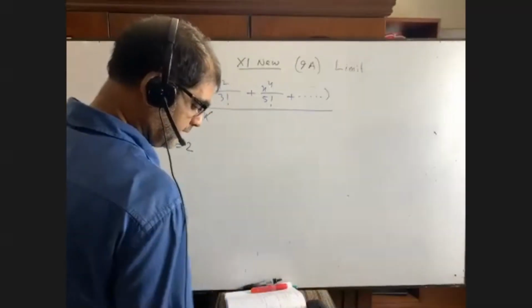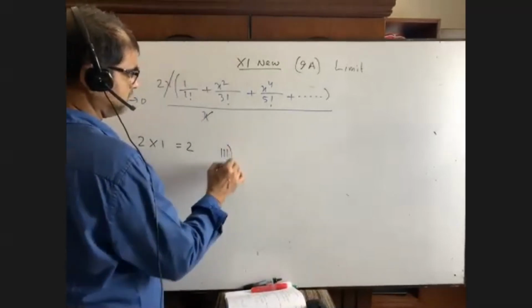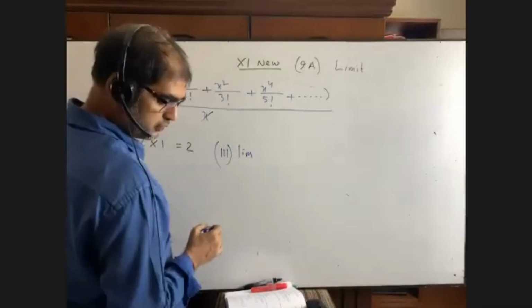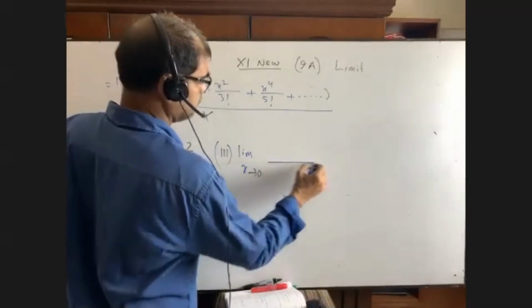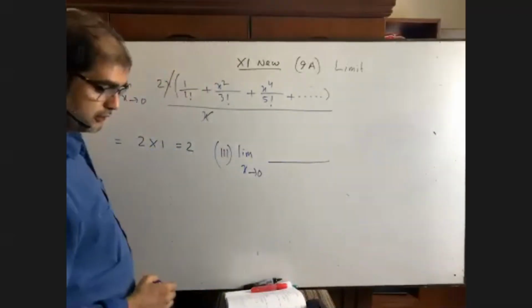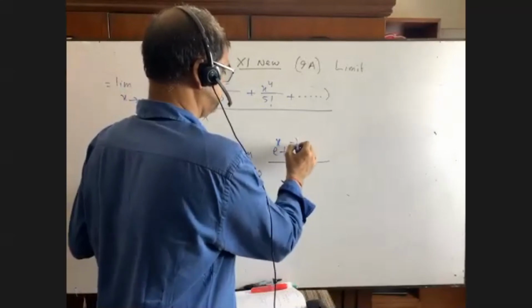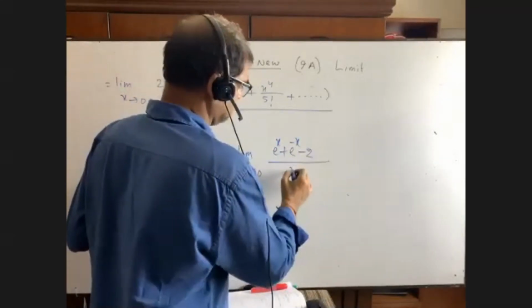Now, in the same way, you all are required to do a math at home, and you are also required to post it in the messenger group. I want to see who can do it at first. E to the power x plus e to the power minus x, then minus 2, divided by x.